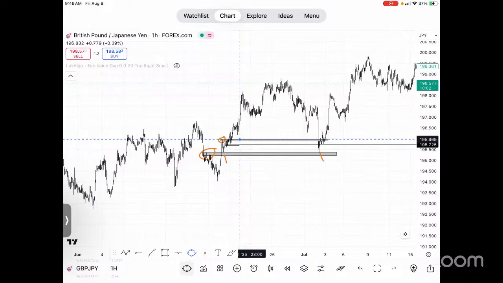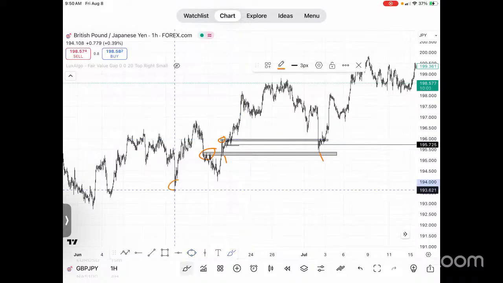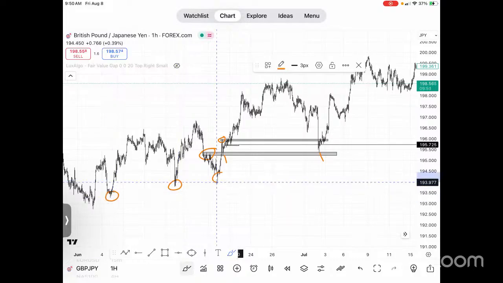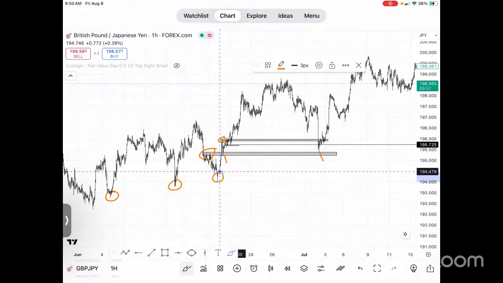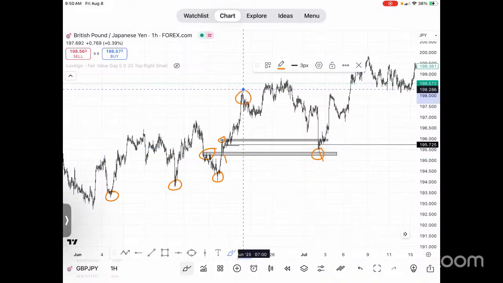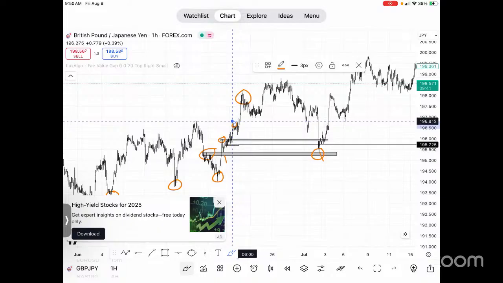So this area right here is a higher low. This area right here is going to be a higher low. This is going to be a higher low here. This is going to be a higher low. This is going to be a higher high. This is going to be a higher high. And then